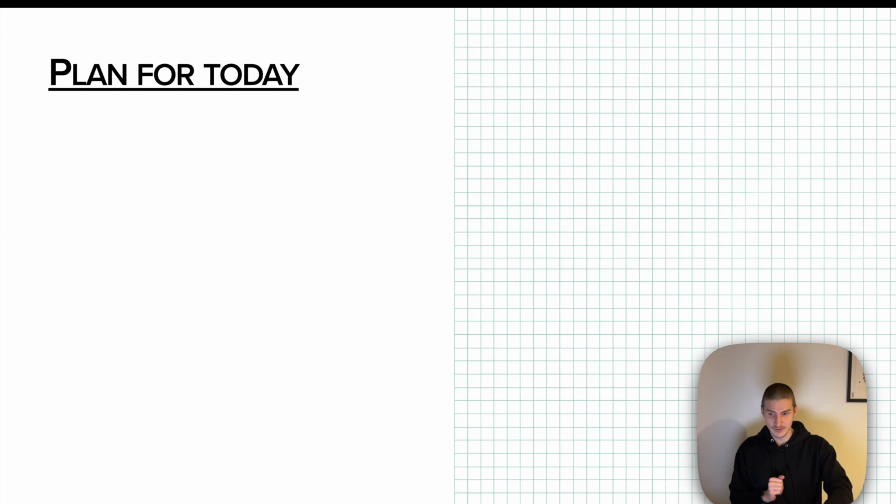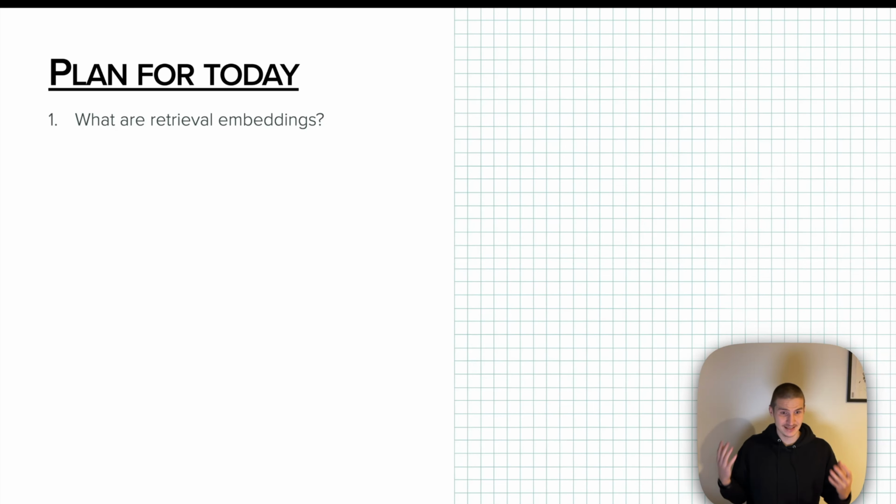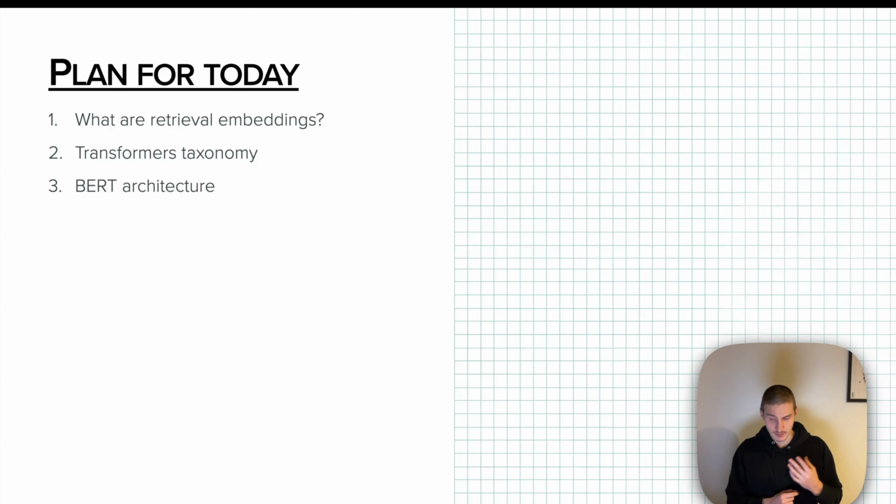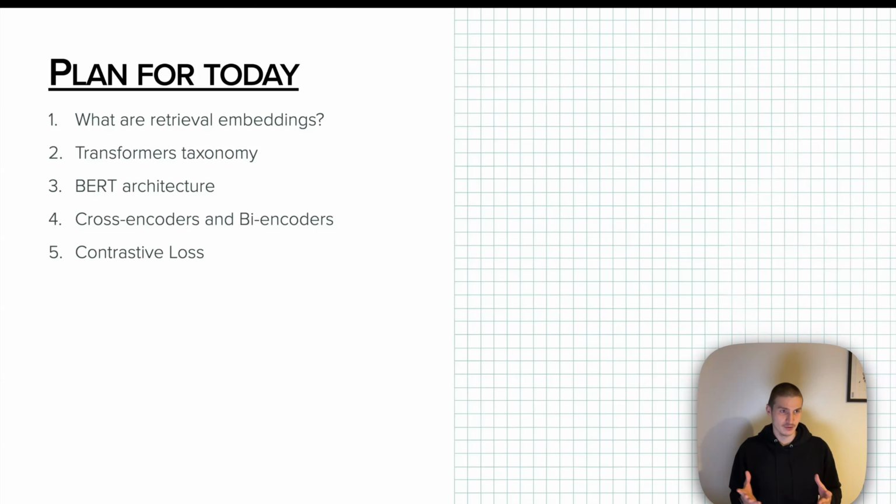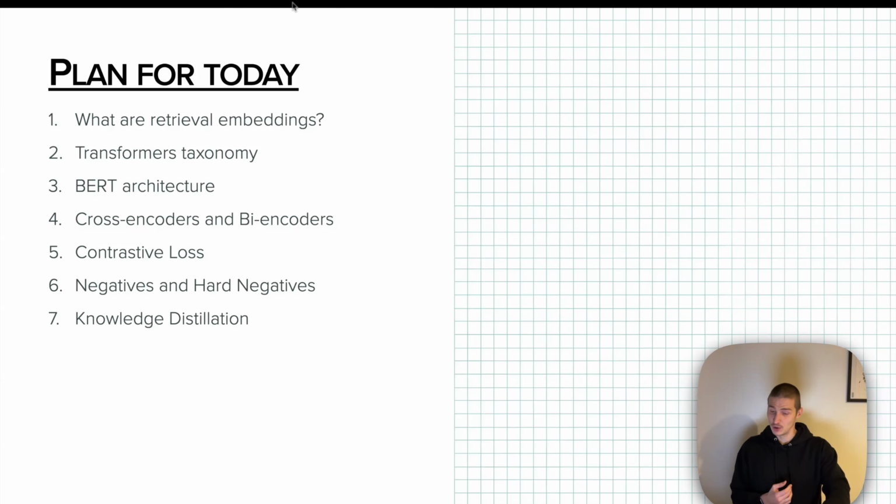So here's the plan for today. As usual, I'll start with some introduction of what that actually is, where the model stands compared to other models, and how to navigate the entire field. So I'll talk about what retrieval embeddings are, what different transformers there currently are, such as ChatGPT and E5 embeddings and BERTs, about BERT architecture in particular, about the difference between cross-encoders and bi-encoders, and then we'll talk about the actual training. So contrastive loss, what are negatives and hard negatives, knowledge distillation, and the final part, probably the biggest,